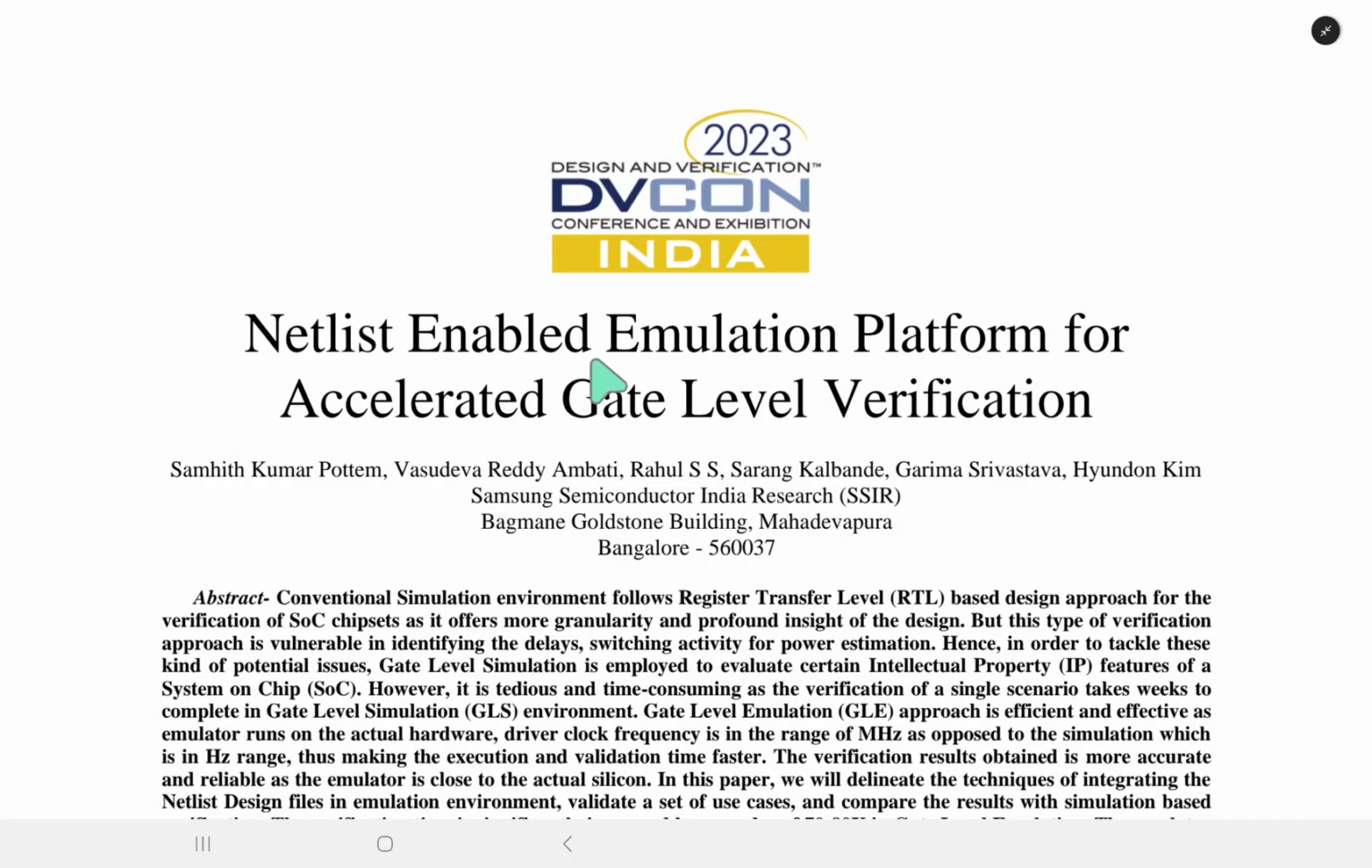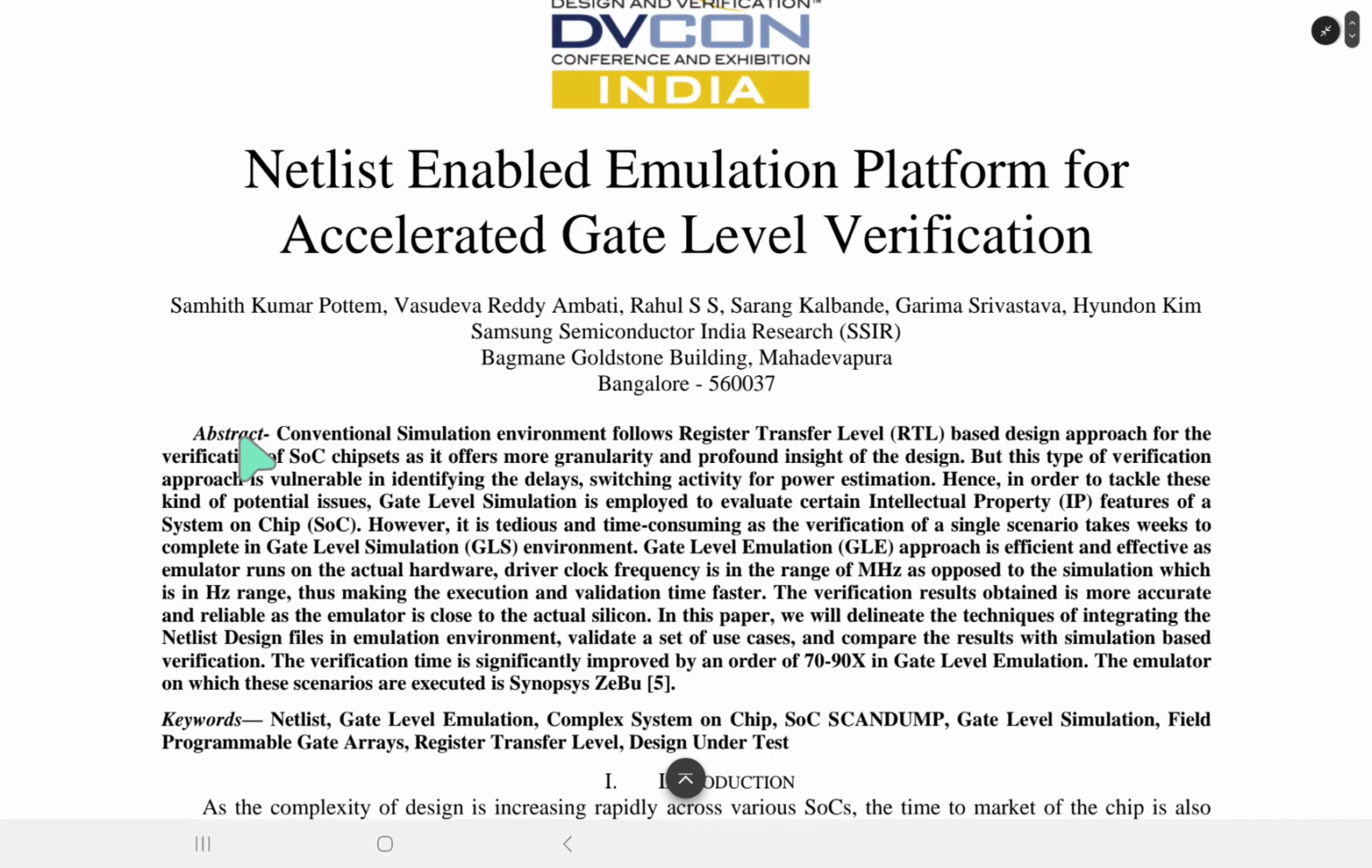Netlist enabled emulation platform for accelerated gate-level verification. Abstract. Conventional simulation environment follows register transfer level (RTL) based design approach for the verification of SoC chipsets, as it